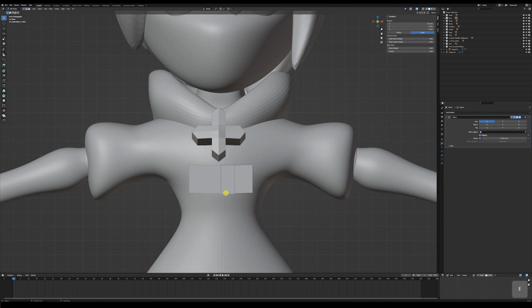So I'm going to select these edges, bring it down, make sure I'm in my forward position mode. Maybe like bring this down a little bit. Maybe even like flare this out. Then maybe extrude out again. This, maybe one more time. Maybe rotate. Kind of like make a bit more detail on the tabard to make it look like it's overlapping